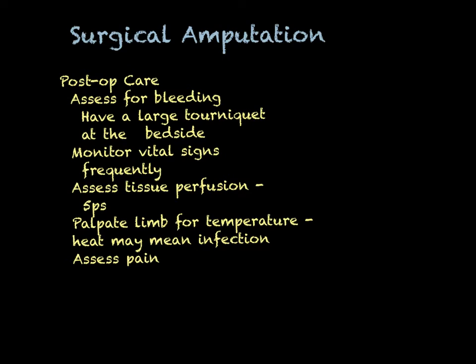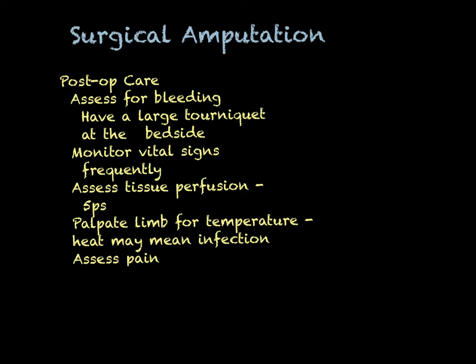And this is where that tourniquet is now appropriately used. I know I told you earlier that an emergency care tourniquet is sort of a last resort because you are really putting a lot of pressure on those blood vessels and maybe causing them to not function anymore. But with the patient who's already had an amputation, you are going to use a tourniquet. You tie it very tight and you stop that bleeding. And of course, you would be calling the doctor to come to the bedside and deal with that.